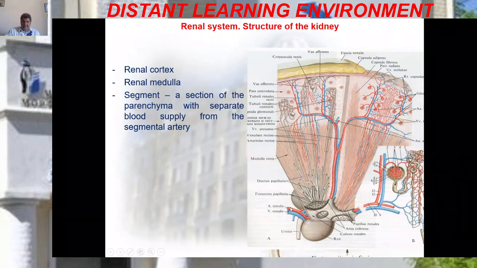You may see the renal artery, and you may see the kidney. The renal artery goes to the renal hilum and separates into arteries according to the parts of the kidney, namely vessels for the upper pole, the superior polar arteries, for the lower pole, inferior polar arteries, and for the middle part of the kidney, the central arteries. At the kidney parenchyma, these arteries pass